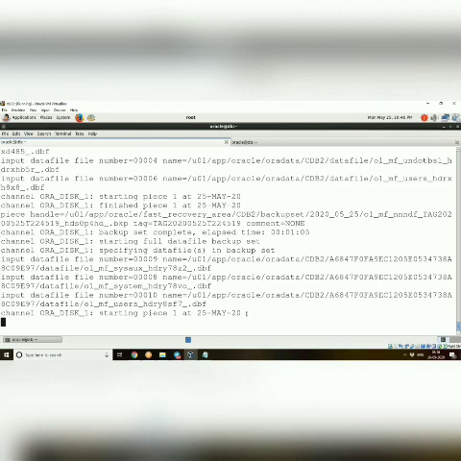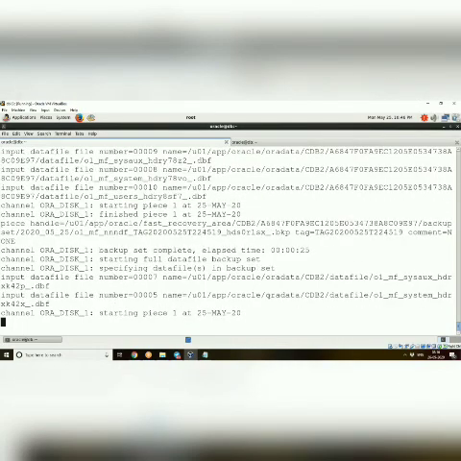See this one. So this is PDB$SEED. You have sysaux, system and users. So what is the use of PDB$SEED? It acts as a template for creating the database. So as we created earlier manually, using various methods, using that.